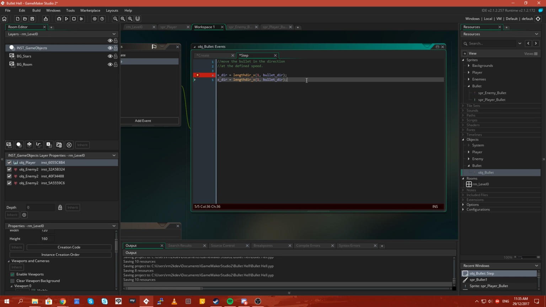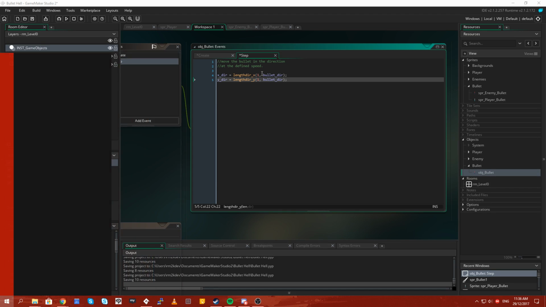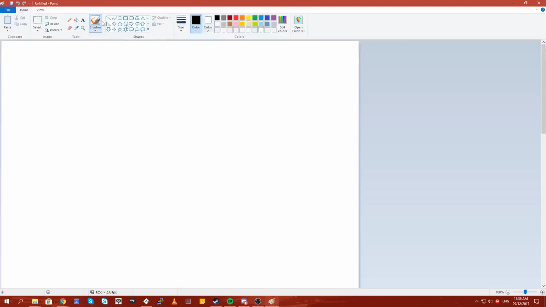We'll do the same thing for Y, except the function we use is lengthdir_y. What this means is, give me a point in space, a floating point number that represents the direction from a center point at an angle, however long I want it to be. Let me draw that, because my explanation made no sense.